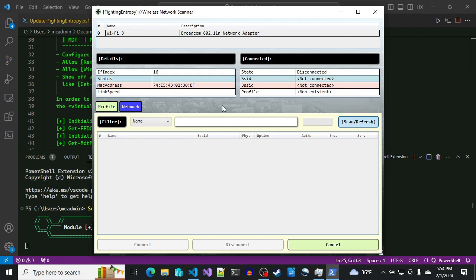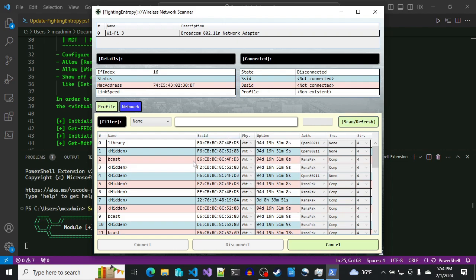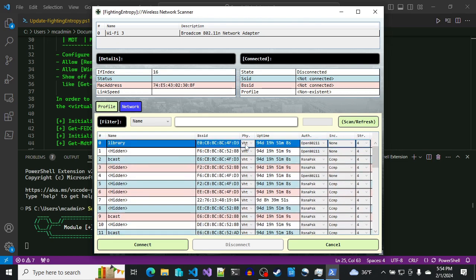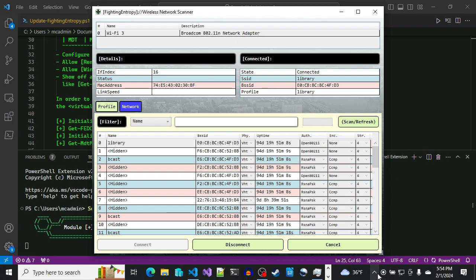Pretty sure that's scanning. Yeah, my mouse is not the best, but anyway, there's a bunch of access points within range here. I can't remember exactly what VHT is. I think it's very high throughput, 802.11 or whatever. If I wanted to connect to that, I certainly could by doing that. That seems to be the one that's the closest. I'm pretty sure this library that I'm at has a